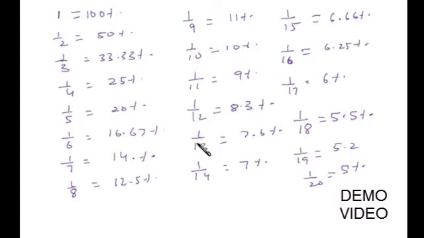Similarly, if you know 1 by 13 is 7.6%, then 2 by 13 will be just double of that, so it's around 15 point something percent, because in data interpretation, you are hardly asked about accurate calculation. Most of the questions are based on approximation. So do not go for any sort of mugging up of the calculation. You just try to get an around idea, right? Similarly, 1 by 11 is 9%, so 2 by 11 will be around 18%. Apart from that, 1 by 17 is 6%, so 2 by 17 will be 12%, and 3 by 17 will be around 18%, right?